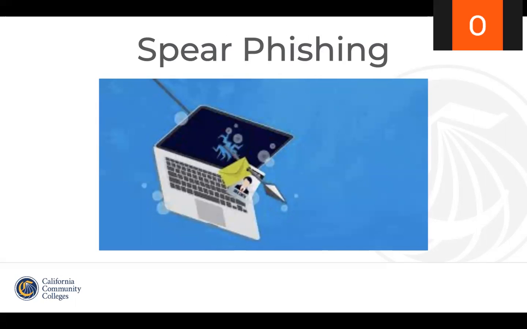Right, so next we have spear phishing. So this type is more catered to targeting a specific individual. So the email in this case is customized to include the target's name, company, position, work phone number, and information that helps the attacker trick the recipient into thinking that the sender has some sort of connection with them.